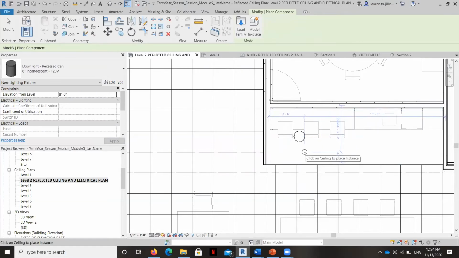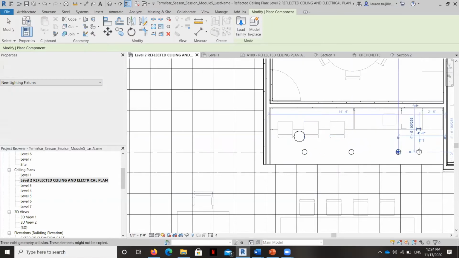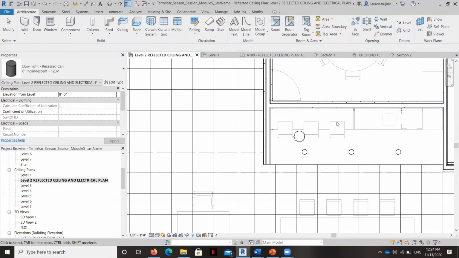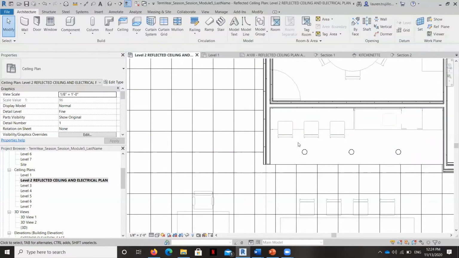There's the one we want. Okay, so I'm going to just go ahead and place these here. And notice I'm placing them arbitrarily because I'm going to align them in a moment. So these are pretty bright usually. These can be put roughly every 8 feet.